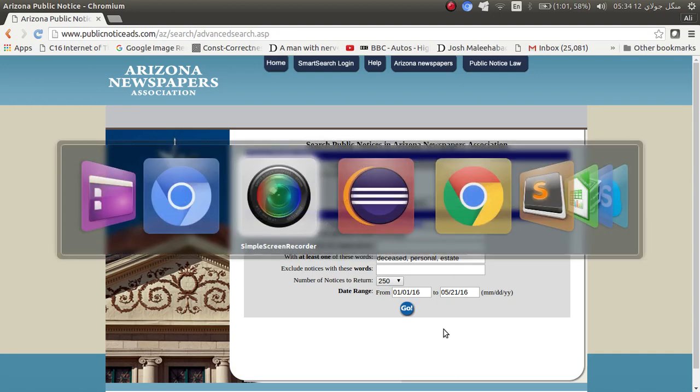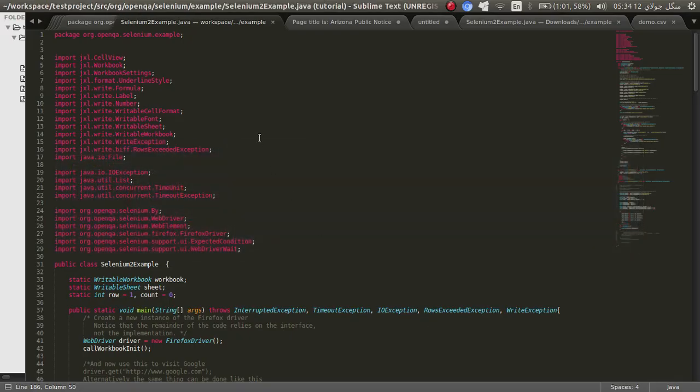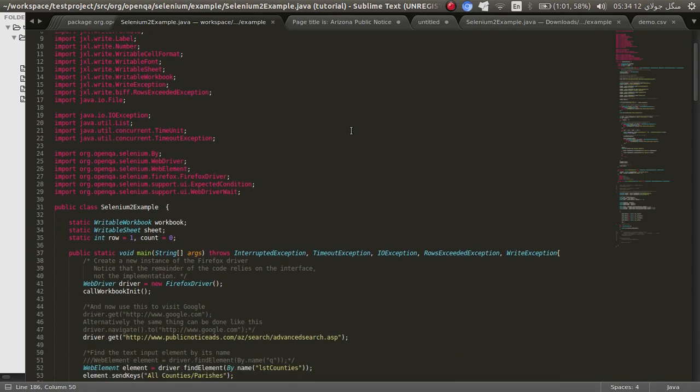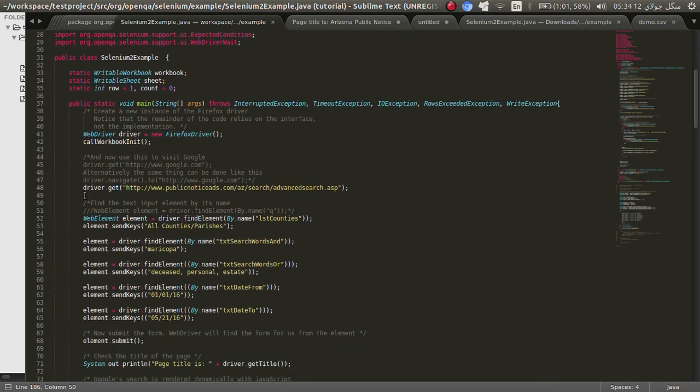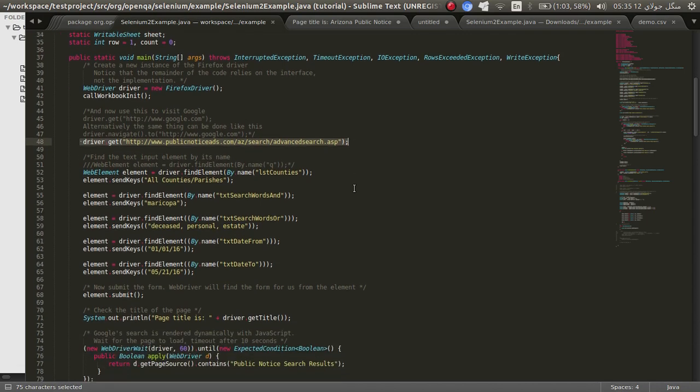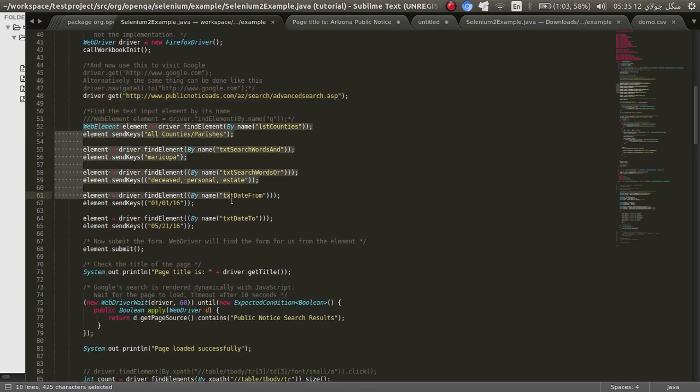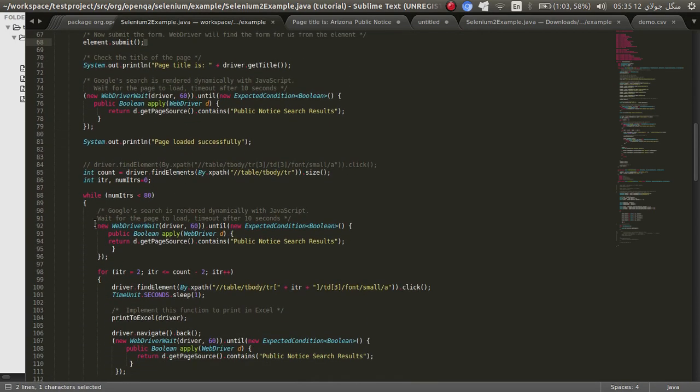Before we move on to a live demo of the scraper, this is what the code of the scraper looks like. The scraper has been developed in Java Selenium. It begins by creating a new instance of a web browser, that is opening a new web browser, and then going to the URL containing the search form. It then fills the search form out, submits it, and then it starts